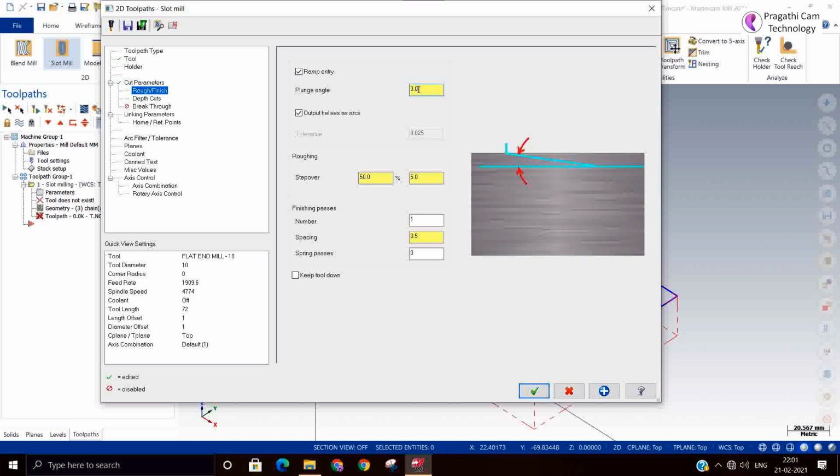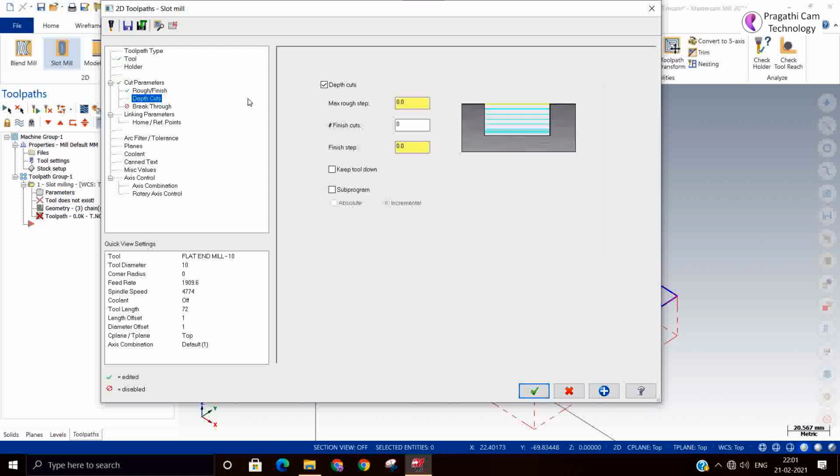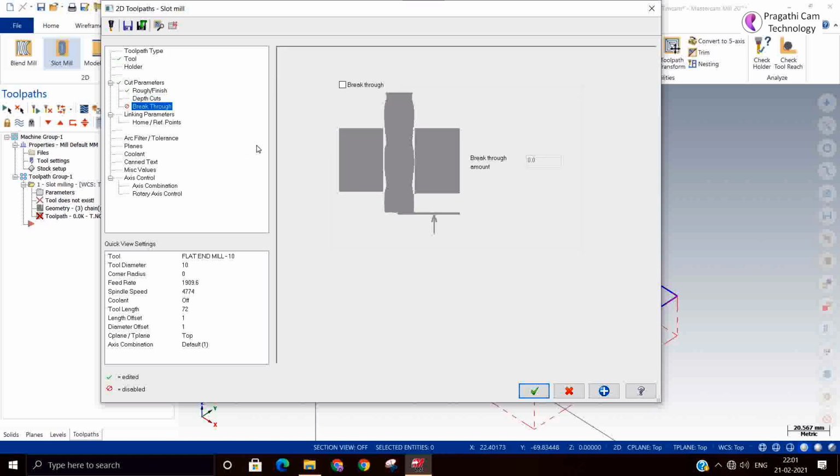This is the entry, helical ramp entry. So 1 degree step over is given 50%. You can accept it, no problem. Basically, everything is explained by picture. You can see that. So depth of cut you can change. So 0.5 I am giving. So there is no opening. I am not doing this.